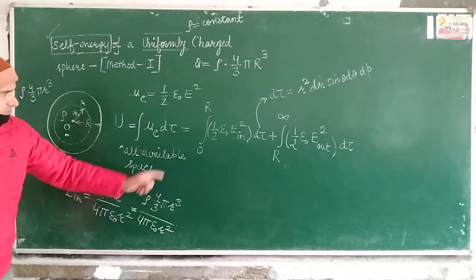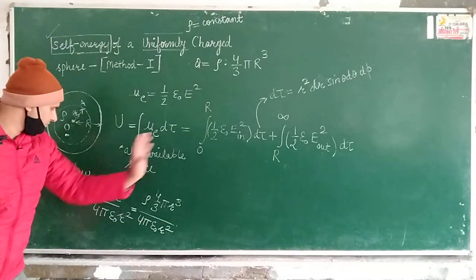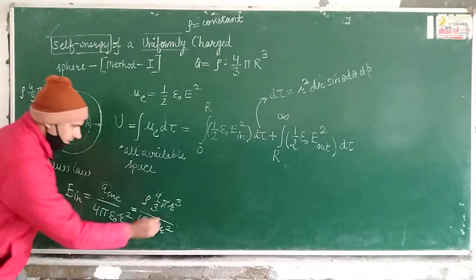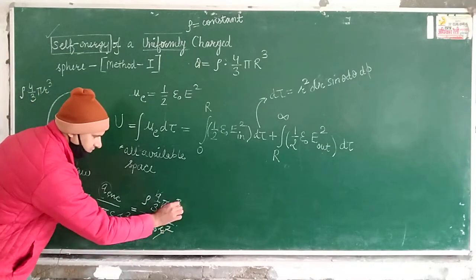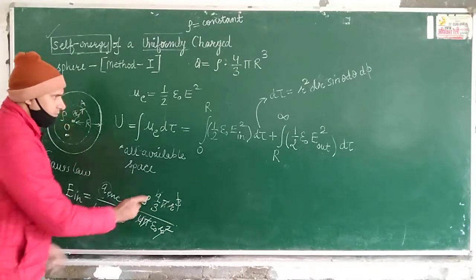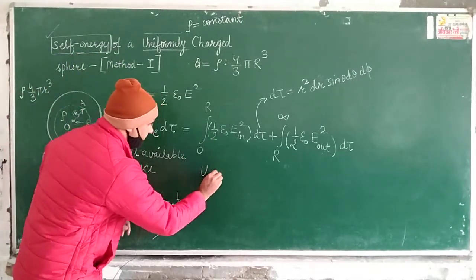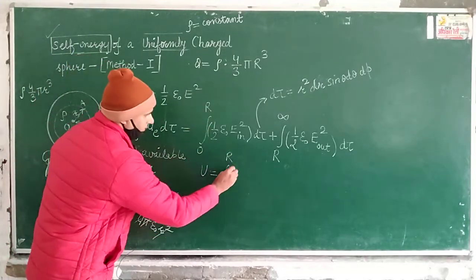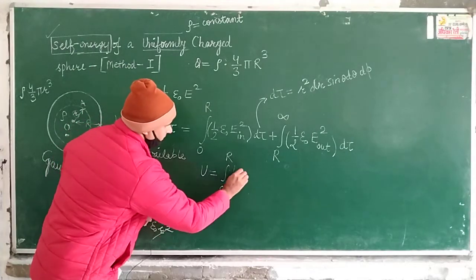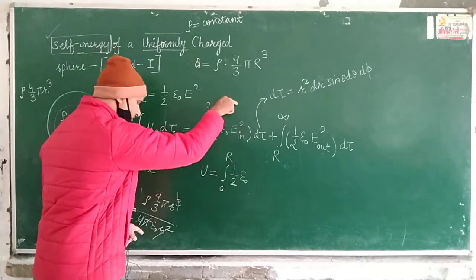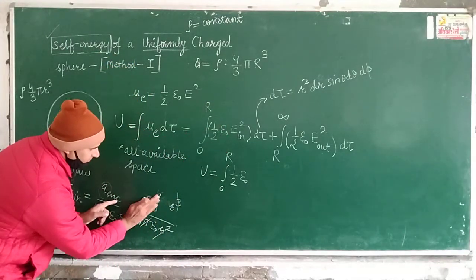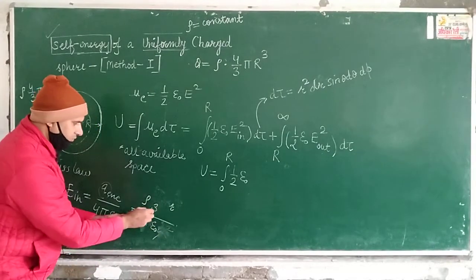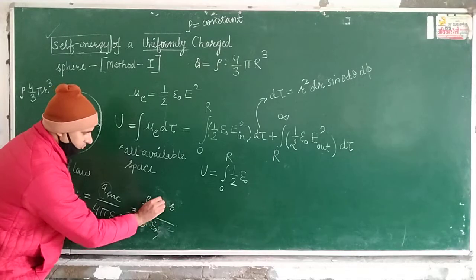Okay, so you are to substitute this value here, square of this value. You see here 4 pi will cancel. Okay, and this is r cube, this is r square, so r is left here, and here the energy U will be equal to integration 0 to r, then 1 by 2 epsilon node and E inside square. So E inside here left is rho r by 3 epsilon node, and 4 pi r square. So this is the value, and this 3 will come here, and here you have r only.